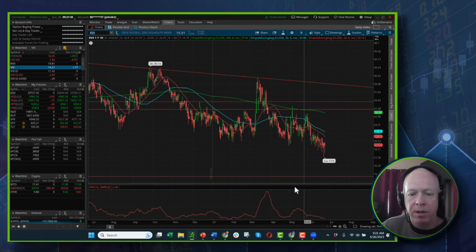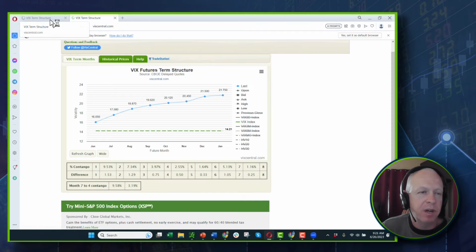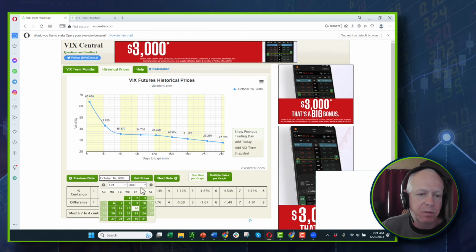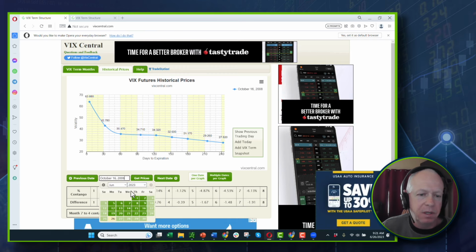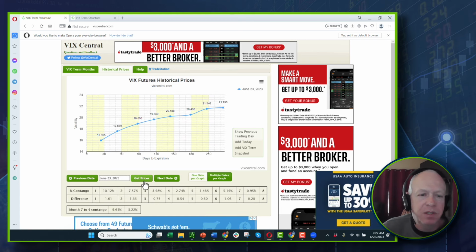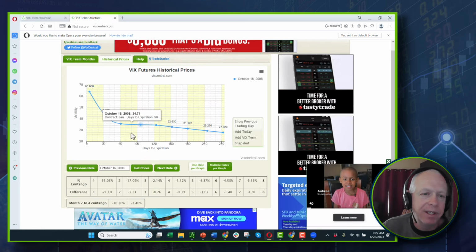What tells you a lot more about that is going to be our term structure, which is in here. You can go to historical prices. Can come into like last Friday, for example, and we can get our prices, and you know that we're 10% into contango. We're at about 16 implied volatility, and about 17 here. And then if you go into the week before, you can kind of see how they've changed.